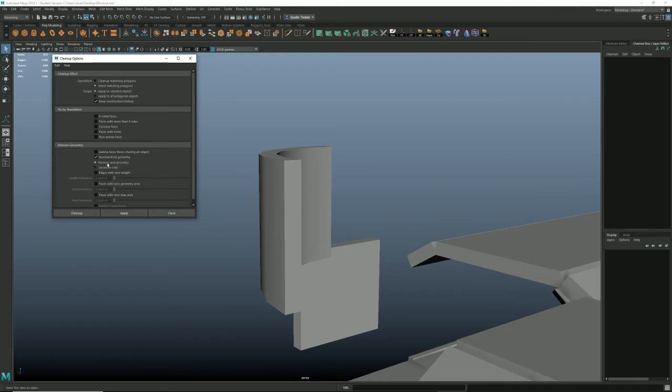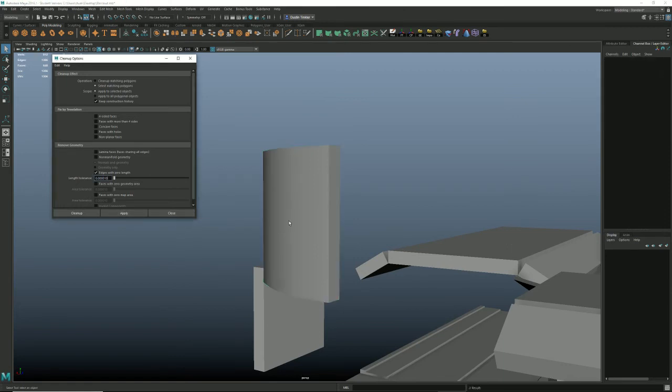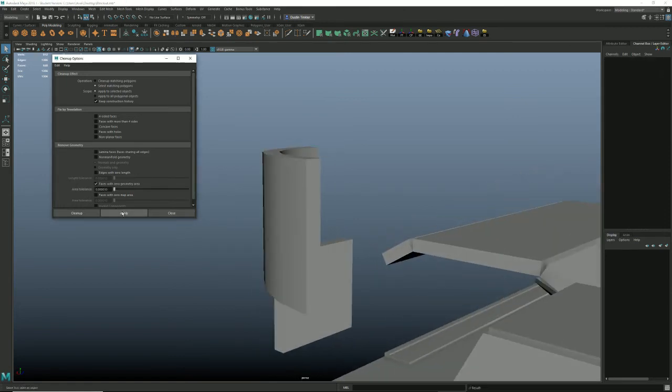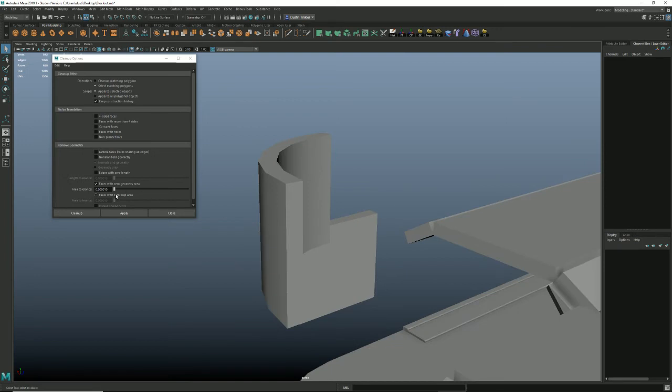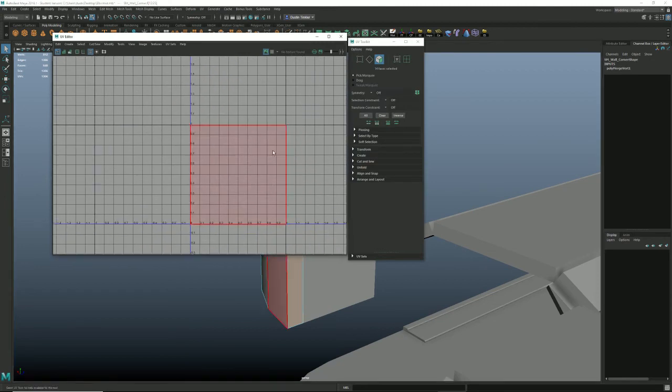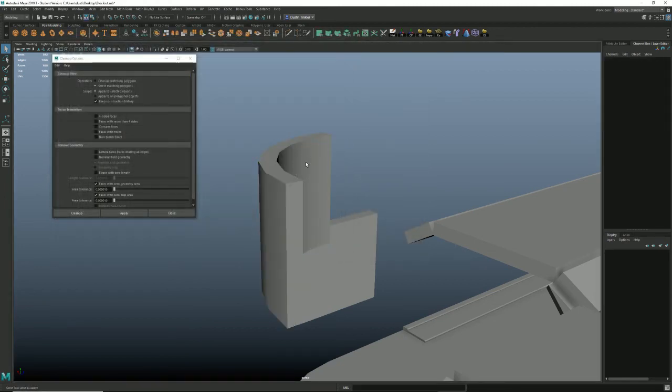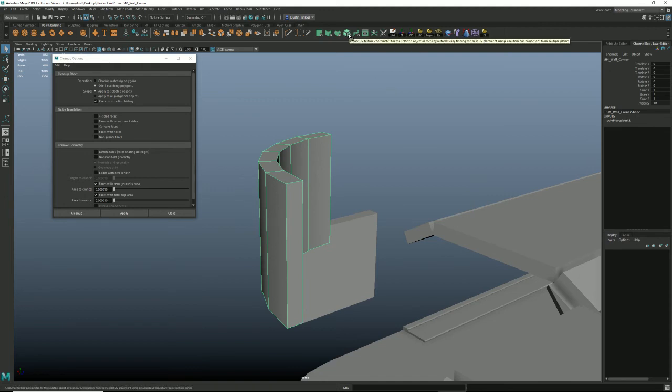Let's do normals in geometry, geometry only. Okay, that looks fine. Let's turn that off. Edges with 0 length. Now this is what I thought, maybe it's faces was 0. Faces with 0 map area. Okay, so this is it. Weird. We extruded, so this has to do with our UVs, and they've got no map there. That's not a concern right now because that's not something we've tackled yet, but whatever,